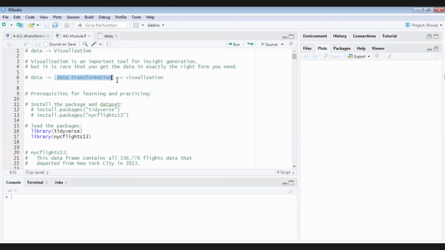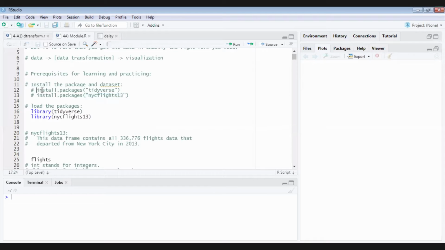To learn about data transformation, we are going to install two packages. One is the tidyverse package, and the other is the New York Flights 2013 data set. All the operations will be working on this data set. The first time, if you want to install, you need to type install.packages and the name.